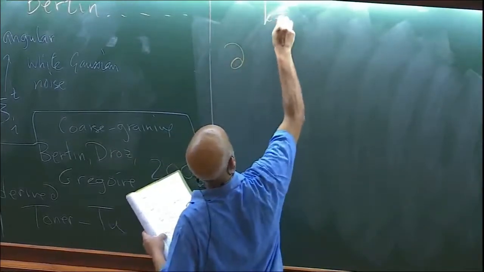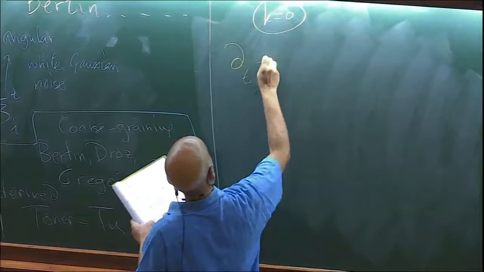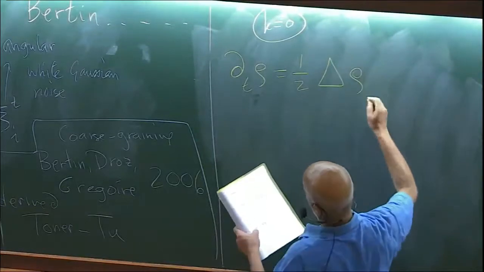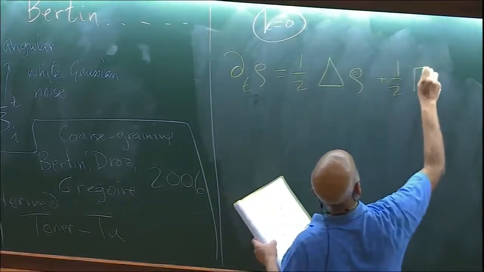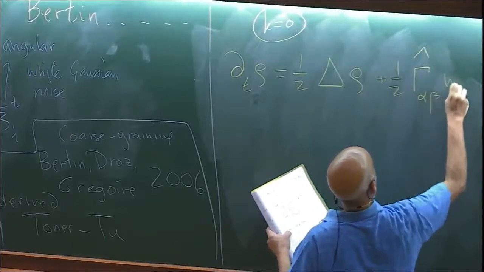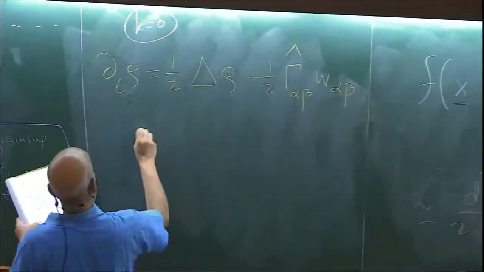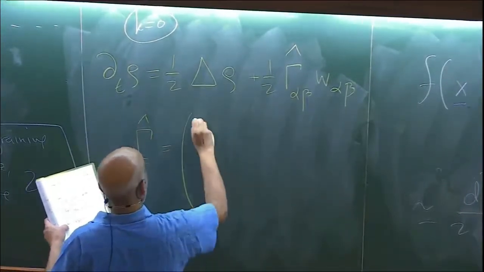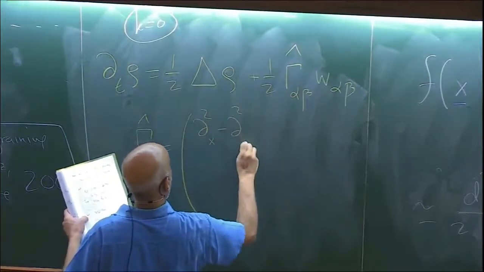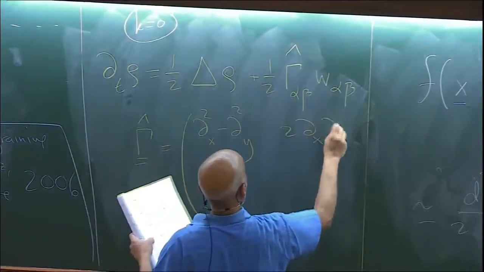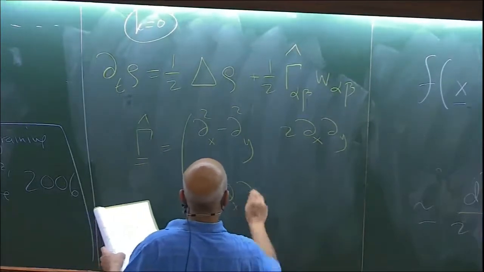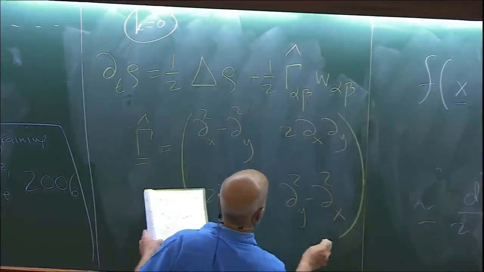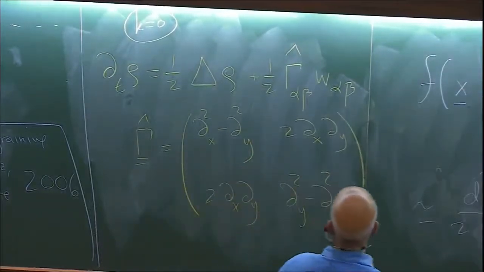So as a result, if you look at that equation for k equals 0, and now absorb d squared over tau and stuff, where gamma hat, the matrix gamma hat is